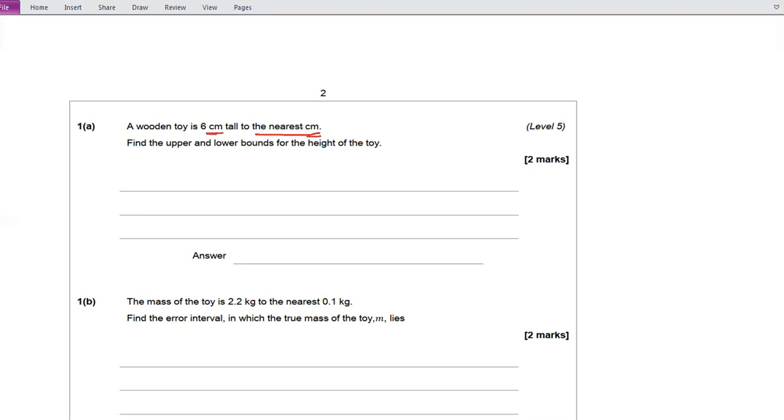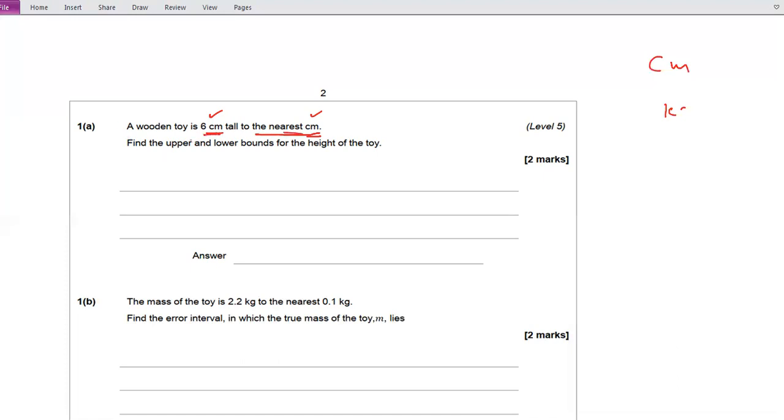Centimeter means 1 centimeter. The units should be same. Then you can find the upper bound and lower bound. If units are not same, we will convert, and we learned already how to convert from one unit into another unit. That is why I took conversion first and then I came to upper bound and lower bound. So if a unit is involved, like centimeter, kilogram, whatever, for the degree of accuracy and for the actual number, the units should be same. If the units are not same, you have to make them same. In this case, the units are same.